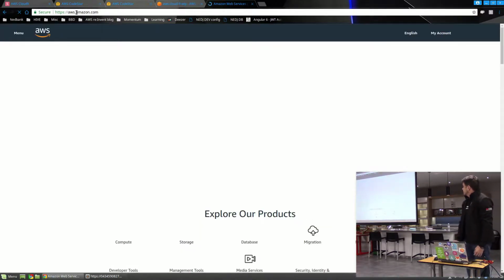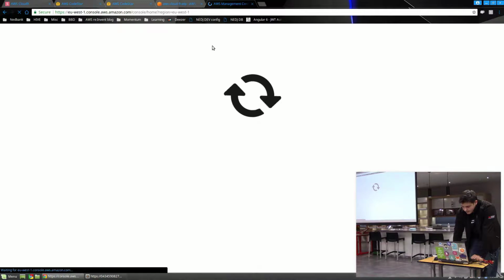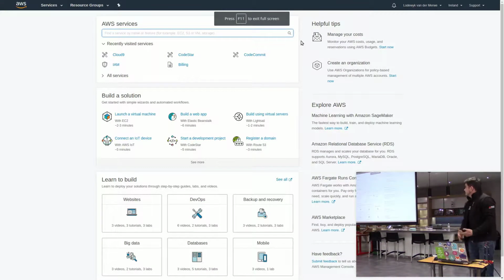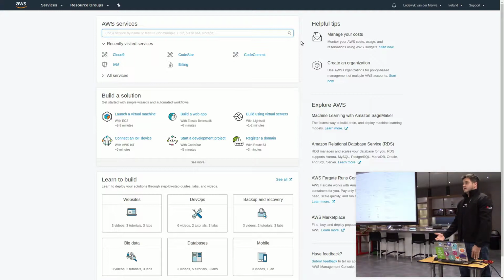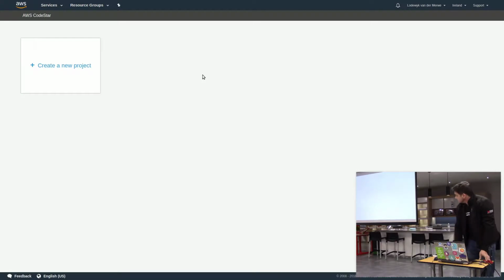Okay, so this is the console in here, and I should be logged in. I'm just going to full screen this. This is my AWS console, and what we're going to do is spin up a little project using CodeStar, and we're going to use the Cloud9 IDE to make a change in the IDE and push that up. I'm going to work collaboratively with Rory, and we're going to see if we can make a change to a project. So the first thing we're going to do is go into CodeStar,